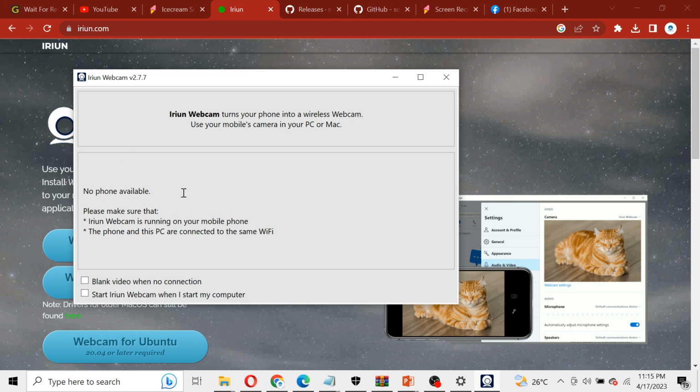Now, it's saying that no phone is available. Why is no phone available? You need to make sure that it's running on your phone. So, okay, now I have it in my phone. Sorry, you can't be seeing my screen, but I will open it on my phone and I expect you do the same. So after opening it in your phone, okay, it's saying